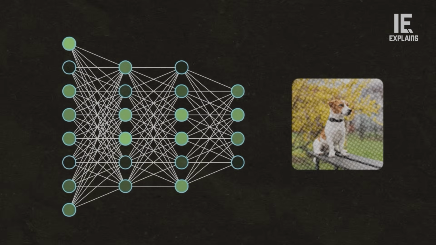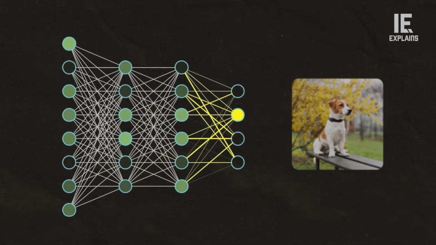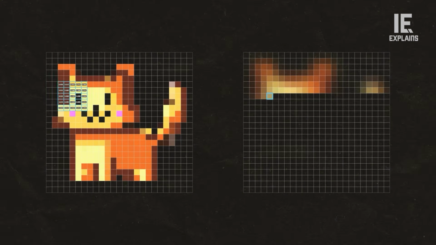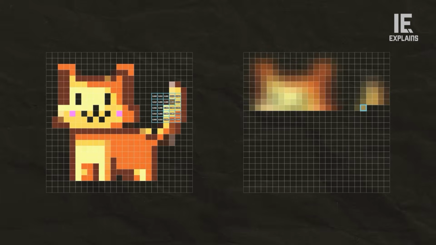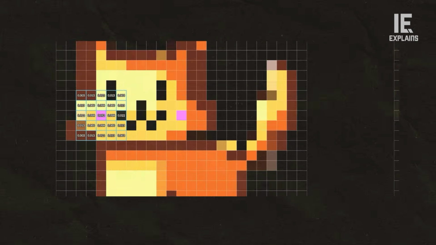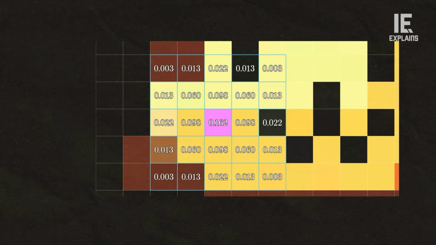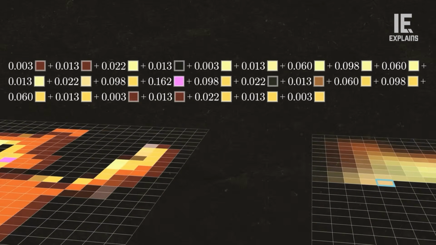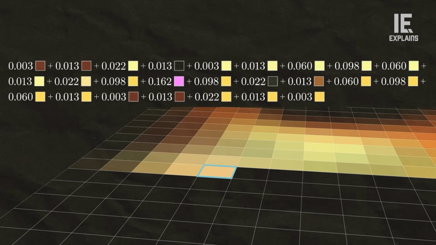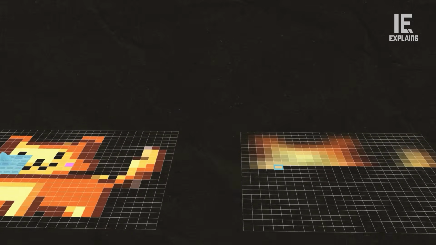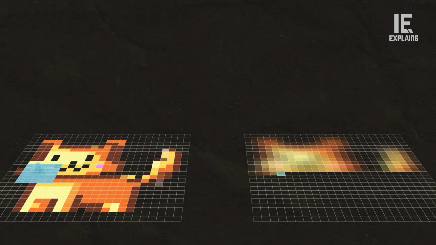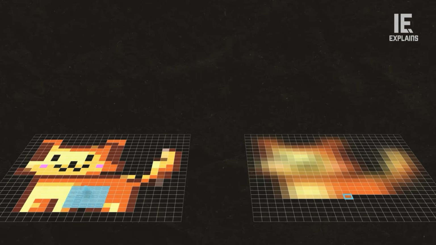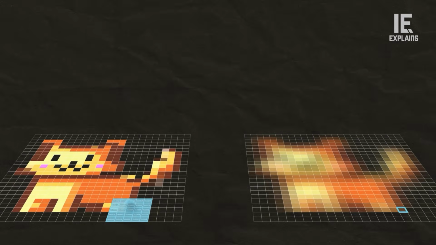A convolutional neural network does this in layers. The first layer slides tiny mathematical filters across an image, and at each position it computes a weighted sum. These filters learn to spot simple aspects of images, like edges, gradients and colour changes, but each layer builds on the last. Edges become textures, textures become parts, an ear, a paw, an eye. Parts then become objects. By the final layer, the network isn't thinking about pixels anymore. It's working with abstract patterns that correlate with categories it's been trained on.